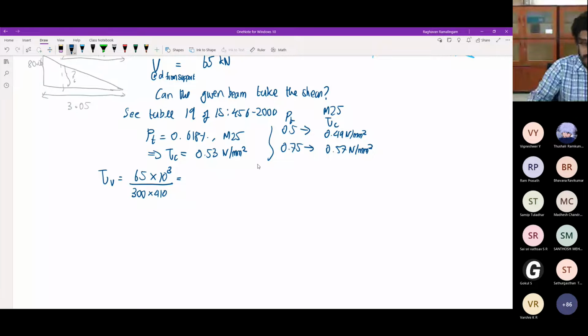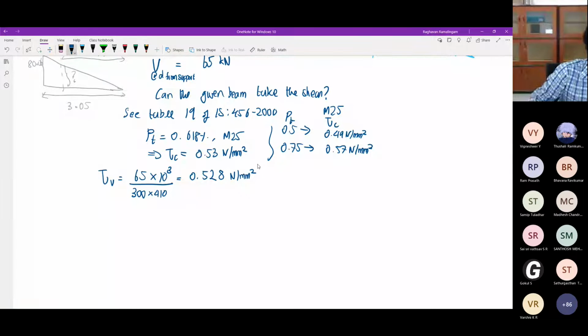Okay, then I'll have to adopt something else. So this is almost 0.53 Newton per millimeter square. So it's not much more than that. It's almost exactly at whatever. This is just coincidence. Okay, that we got like this. So because of this, you can say that the beam